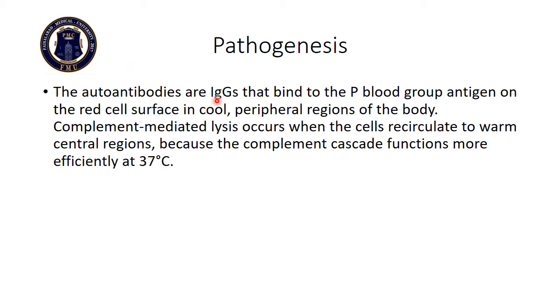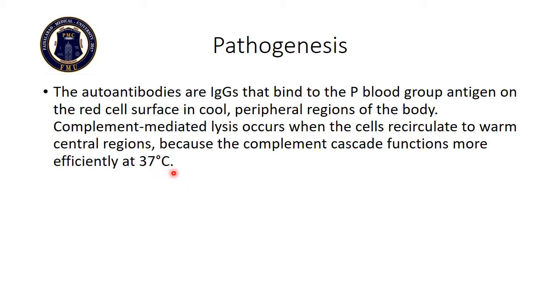The autoantibodies are IgG that bind to the P blood group antigens on the red blood cell surface in the cool peripheral regions of the body. Complement mediated lysis occurs when the cells recirculate to warm central regions, because the complement cascade functions more efficiently